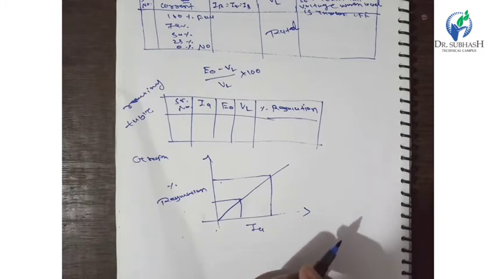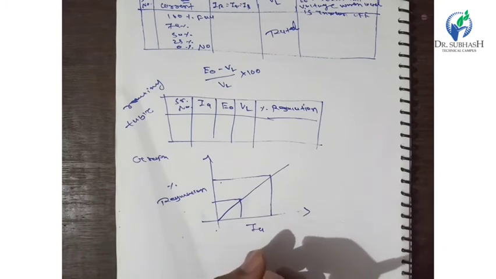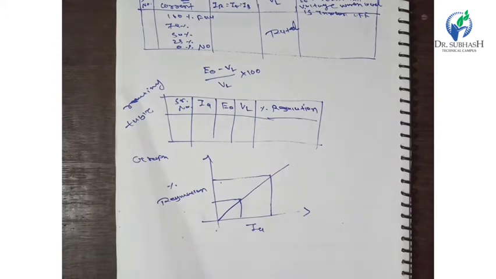There are three different indirect methods available for finding the voltage regulation. The first method is the synchronous impedance method, also known as the EMF method. The second method is the armature turn MMF method, and the third one is the zero power factor method. All these three methods are very useful in finding the voltage regulation in an indirect form.